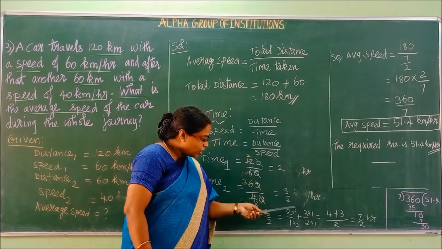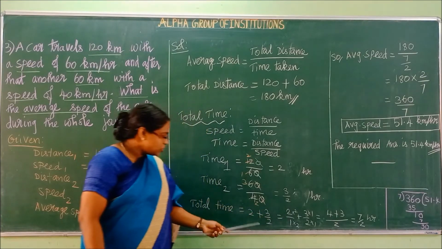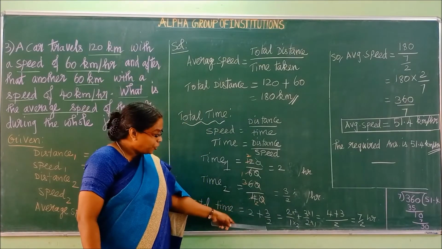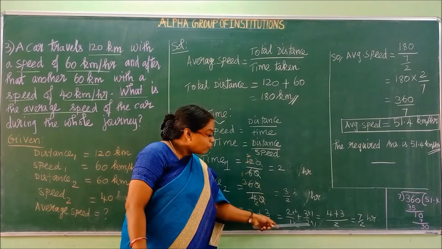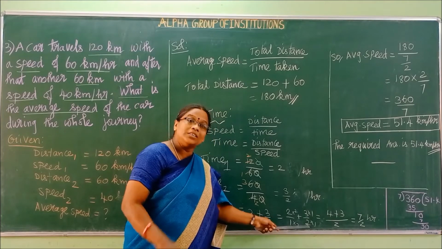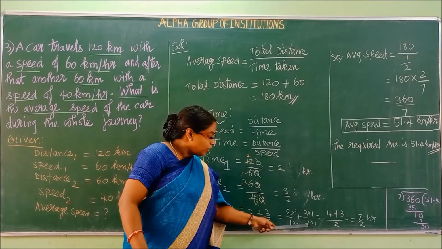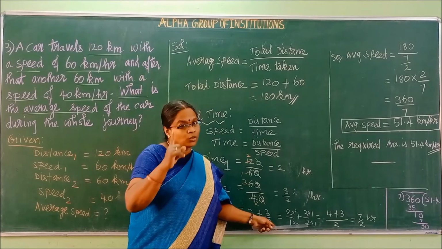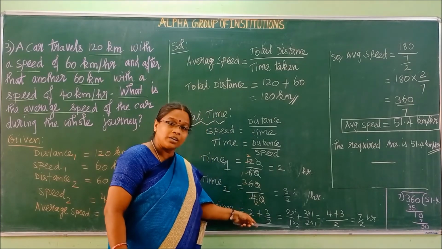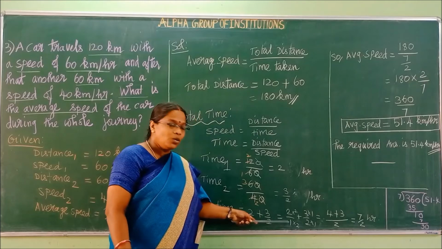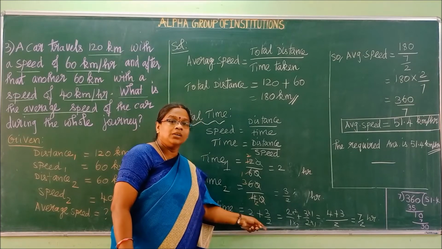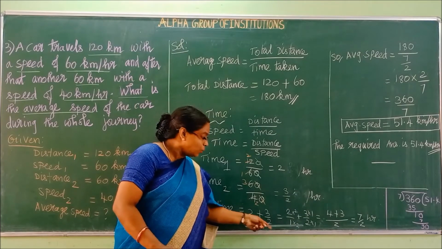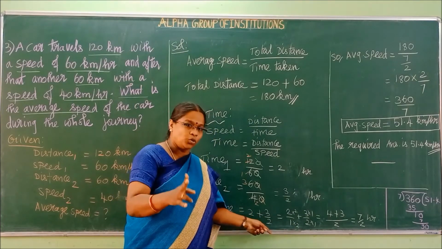So multiply by 2 here, multiply by 2 here. What is your next fraction? Plus will go as it is. 3 by 2 that I have written here. So to get the LCM, what is the LCM? 2 now. So here 2 is already there. What you multiply with 2 to get the LCM? 1. That is what I have done here. 1 is here. What we have to multiply to get the LCM? 2. So you have to multiply 1 with 2 to get the LCM 2.